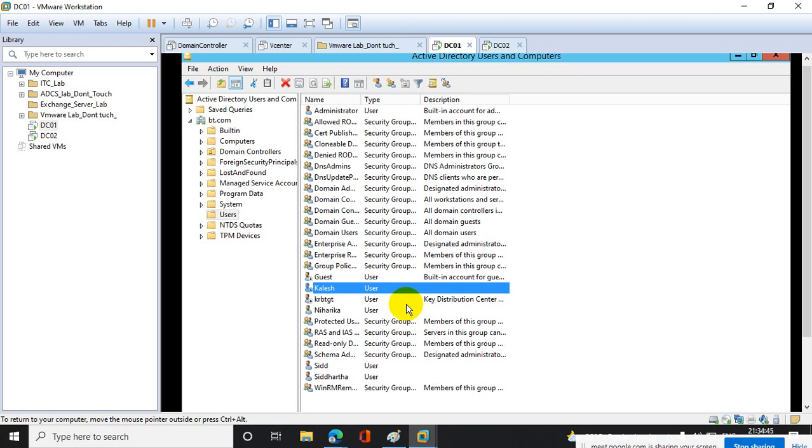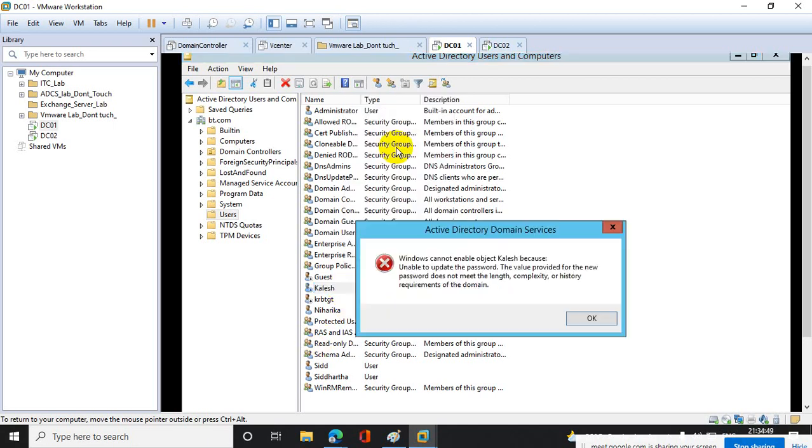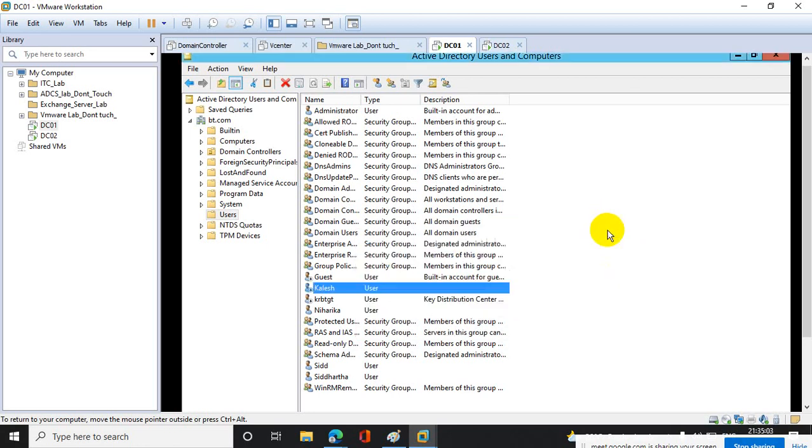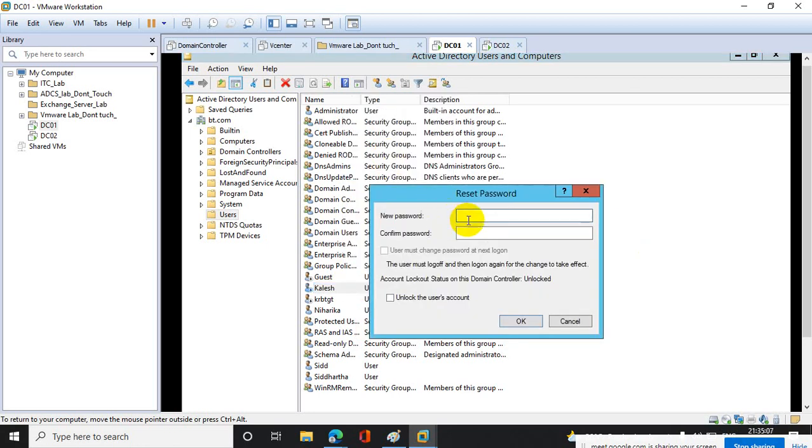You cannot enable it right now. Let's say I'm going to enable this account, it's saying Windows cannot enable the object Kalesha because unable to update the password. The value provided for new password does not meet the length, complexity or history requirement. So in that case, what you need to do, just reset the password first.